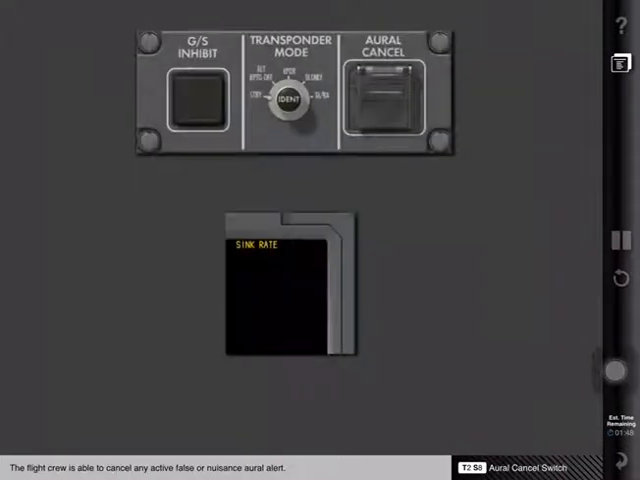The flight crew is able to cancel any active, false, or nuisance aural alerts. The aural alert can be canceled using the Aural Cancel Momentary Action switch located on the Alerting and Transponder control panel. Pressing the Aural Cancel switch will